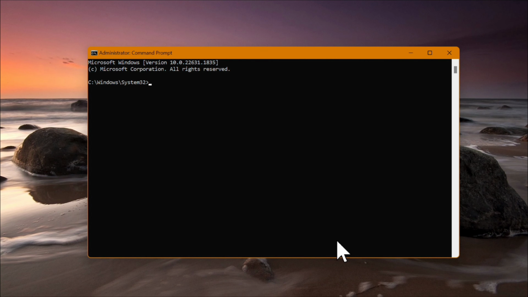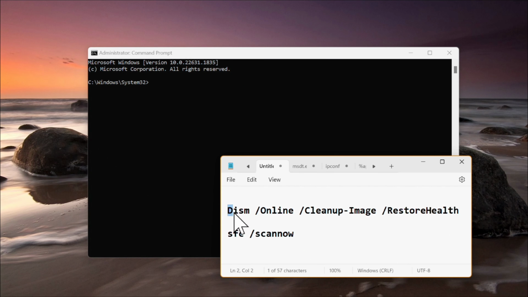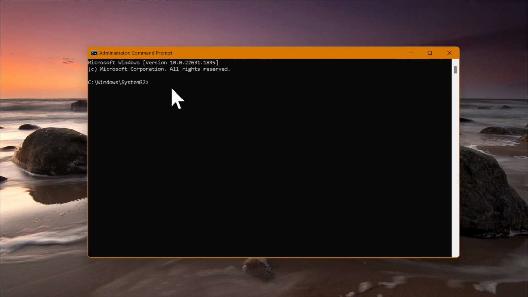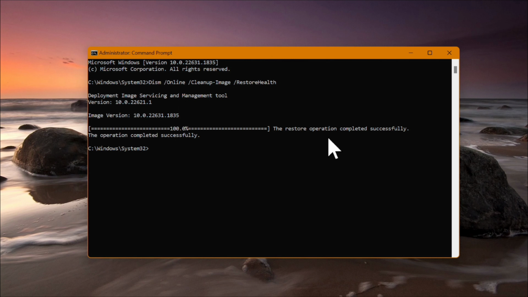And then dito sa administrator command prompt ay kailangan lang natin i-enter yung command keyword na DISM /online /cleanup-image /RestoreHealth. So copy lang natin yan and then paste lang natin dito and then press mo lang yung enter. Okay, so dito ay kailangan lang natin hintayin na makomplete yung verification into 100%. Okay, so makikita mo dito na the restore operation completed successfully,